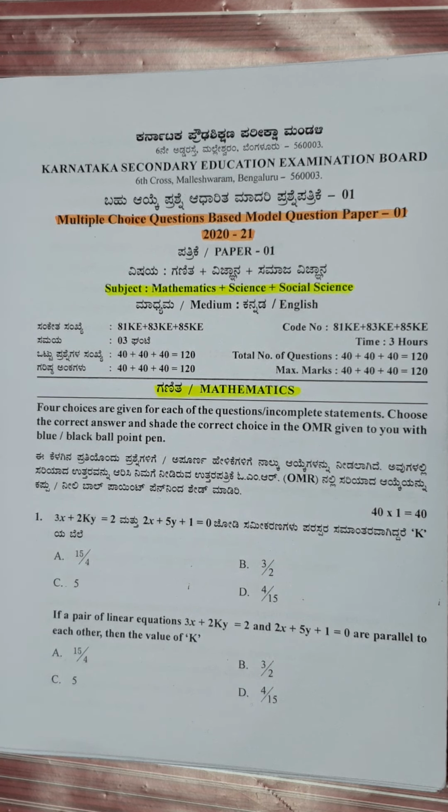Just a small note, dear students, we know that the 120 marks question paper will be for 3 hours. That means the 40 questions which you are going to attend for one subject, you have to complete in 1 hour. So think of 40 questions in 1 hour. Somewhere you have to finish one question, including shading, within 1.5 minutes. So that is the maximum time you have.